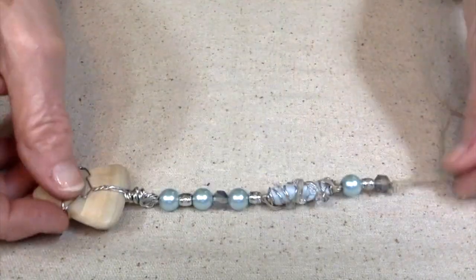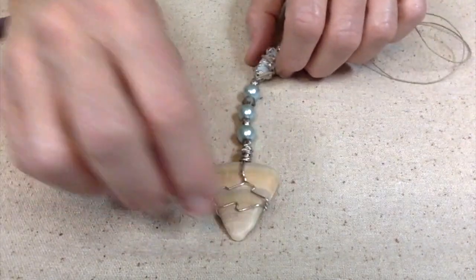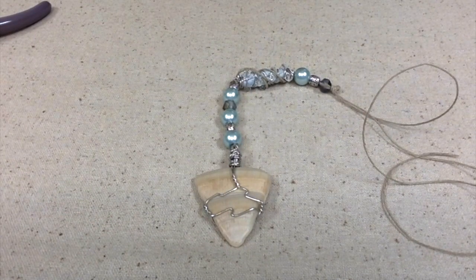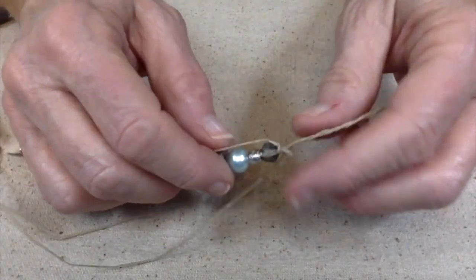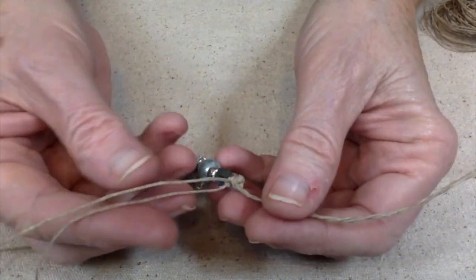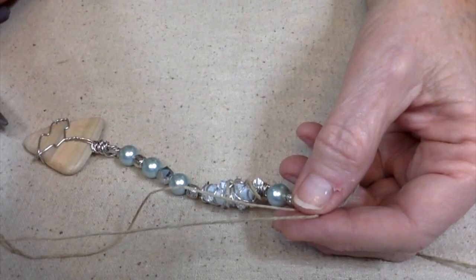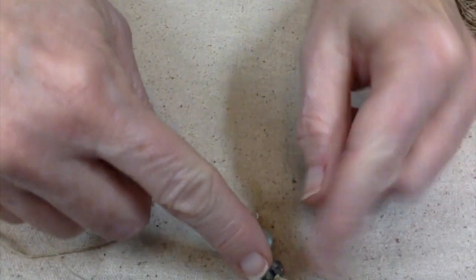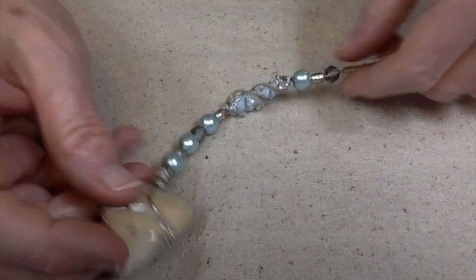Anyway, let me finish this up, and I'll take some pictures of it and put it at the end of this video so you can see what it looks like all finished. So what I've decided to do with how they're going to hang it is I'm just going to leave this open and she can tie it. The thing is, the string to me was a little wimpy, so I want to make it a little bit thicker. So I took more hemp and I just tied it underneath the...